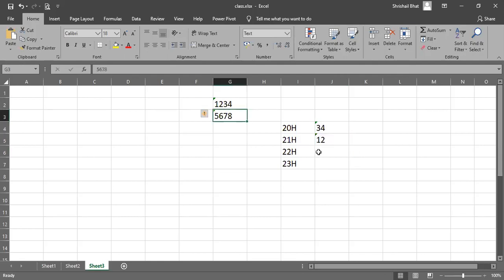This is stored in the next memory locations. Out of this, the lower byte is 78. 78 is stored in one memory location, then 56 is stored in the next memory location. So this is the way it is stored. Now the sum you are supposed to store in the next memory locations after this, that is at 24H and 25H. So how can you perform addition and write the sum?